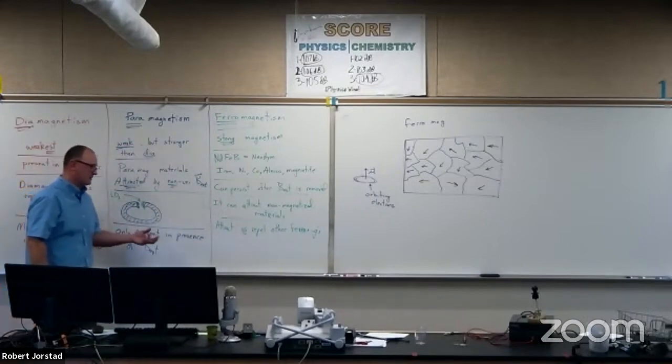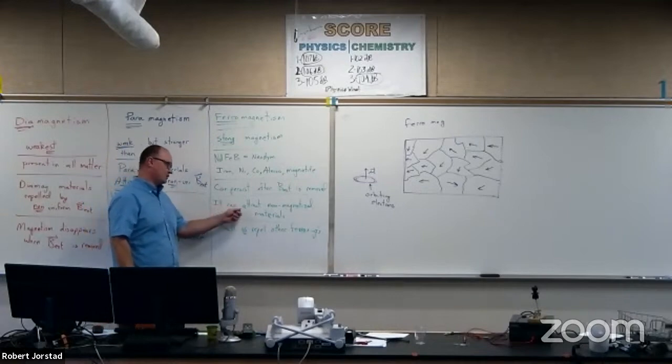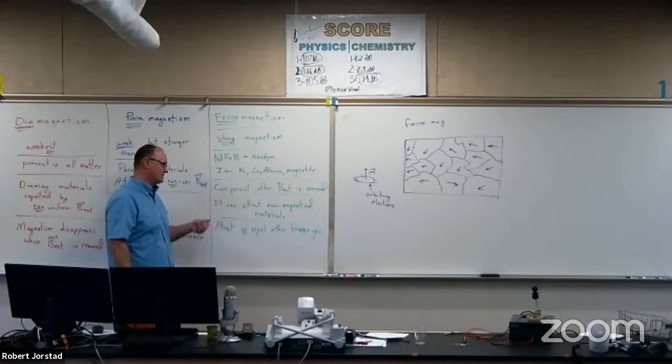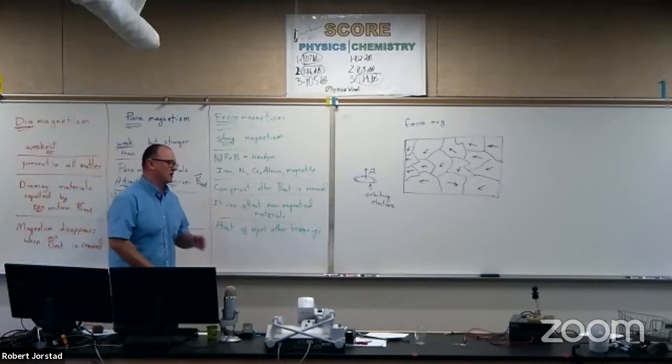Depending on the pole faces, a north would attract a south pole, but it would repel a north pole. And we saw that it can also attract non-magnetized materials. So the paper clips that were not magnetized were suddenly attracted because then they became ferromagnets. And we talked a little bit about domains. We talked a little bit about the Earth's